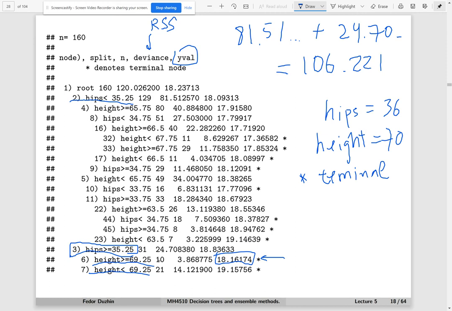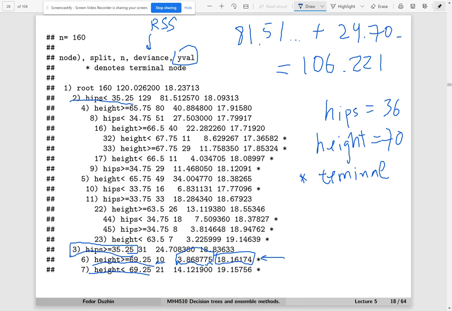At the same time, we know that there are 10 observations in the training data that belong to the same terminal node as our new observation, and that the residual sum of squares for these 10 observations, the training error for just these observations in this node, is this number,